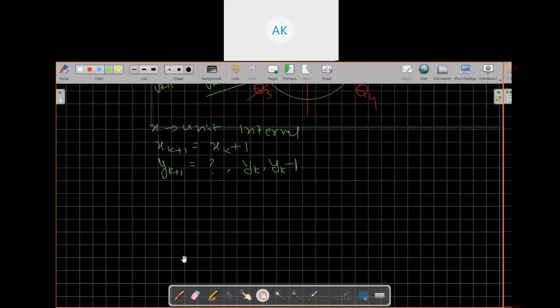So we can say our next point will be x_{k+1}. It is always moving in the x direction, and the corresponding value may be y_k, or y_k minus 1. This means there are two choices for selecting the next point: x changing with unit interval, and y_k or y_k minus 1. Okay, is it clear to all of you? Please ask if you have any doubt. Please ask. Or is it clear?